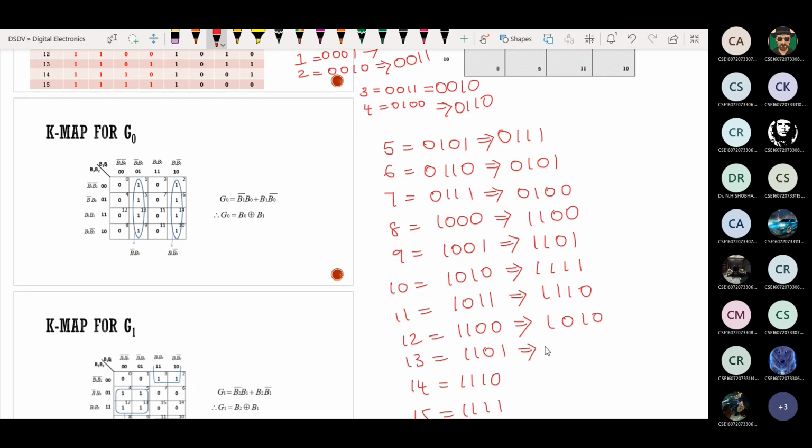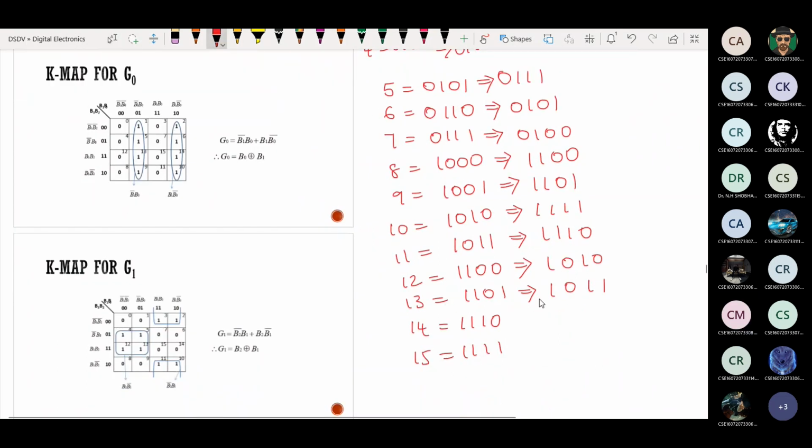Gray code for 13: 1011. Tell me for 14 and 15. 14: 1001. For 15: 1000.